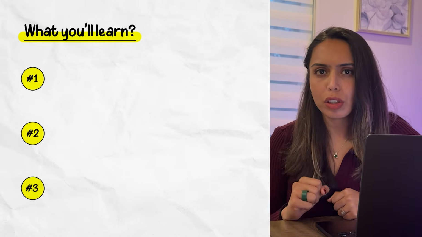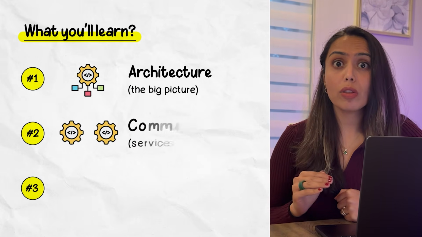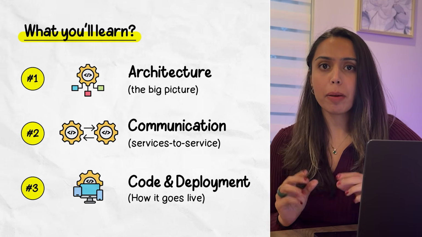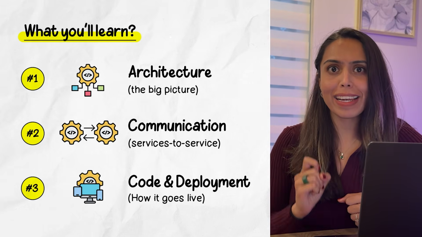So by the end of this walkthrough, you should understand three things. First, what the architecture looks like. Second, how the main services talk to each other. Third, how the code and deployment brings the whole project online. So this is not a command to command project. The essence here is to understand the deployment pattern for large language models.